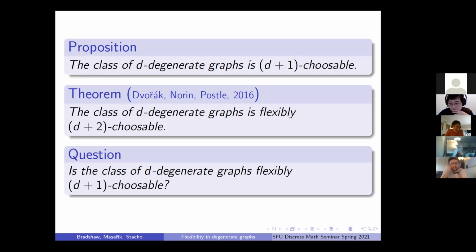And it was shown in the original paper on flexible list colorings that degenerate graphs are flexibly d+2 choosable. But it's still open whether or not these graphs are flexibly d+1 choosable. And again, this question seems to be very hard, whether or not degenerate graphs are flexibly d+1 choosable, because even for small values of d, like d equals 2,